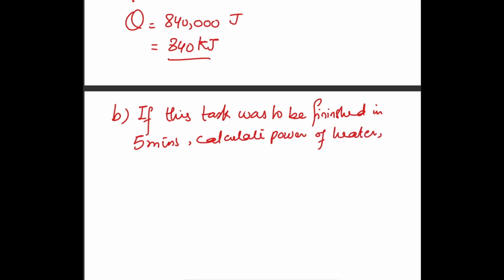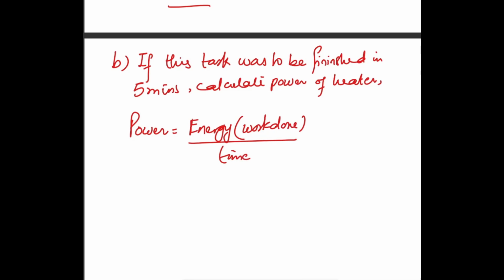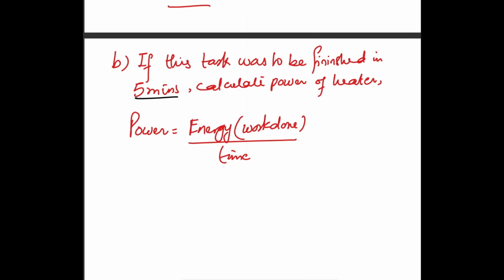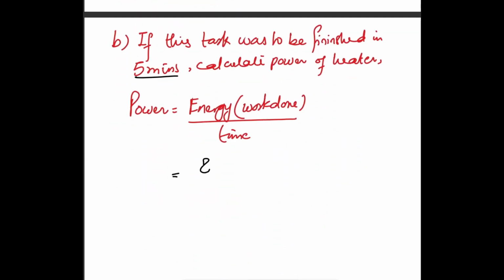of the heater. So we understand from the chapter of work, power and energy, the formula for power is energy, or simply work done, divided by time. So what he has done, he has given me the values of time. I have time, that is 5 minutes. I have the energy that I need to put into this block of mass, that is 840,000 joules. So I replace energy as